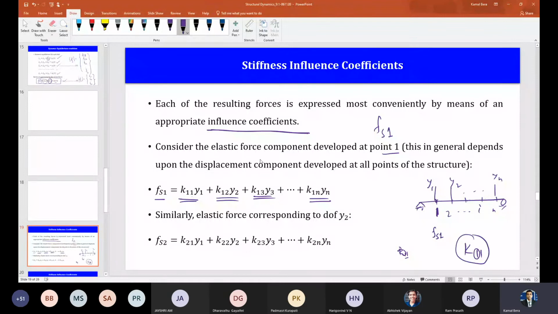That is the stiffness coefficient. So K11 is for unit force, right? Sorry, unit displacement. So the force due to unit displacement. So for y1 displacement, K11 into y1. Similarly, K12, force at 1. You see, we are concentrating on 1 only because we want to find out the spring forces at node 1. Correct? So force at 1 due to unit displacement at 2, and no other displacement on all other coordinates.